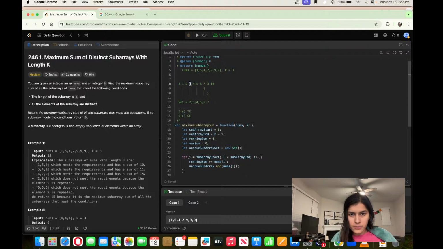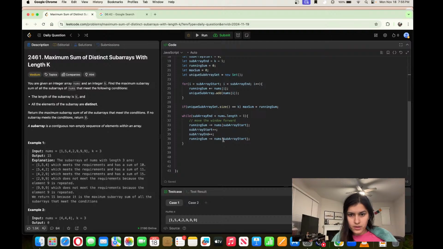So new j, I will be adding new j, subarray end. Okay, so here I am deleting the previous window's end, delete previous window's start, and add current window's